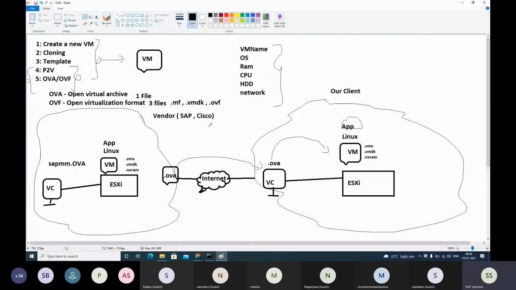The first three are our choice. If someone is asking you for a VM, we can select any one method out of the first three. But the preferred one, which method is preferred? Template. Template is preferred if we have a standard template, because it will have a plain OS only and all the other standard settings applied in it. So our work will be quick. If a template is available, use the template. This is the preferred method in real time.